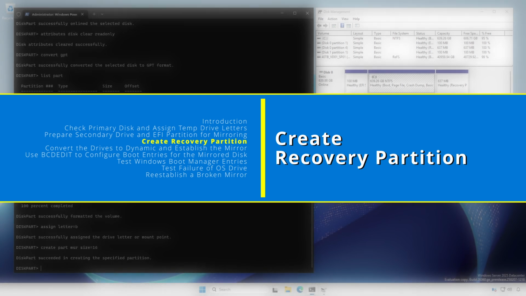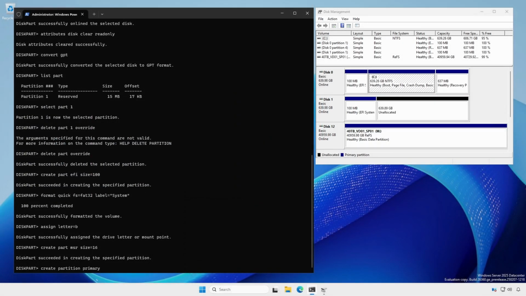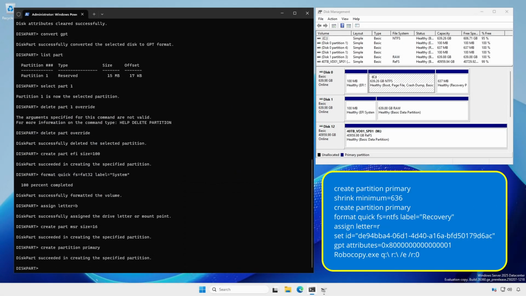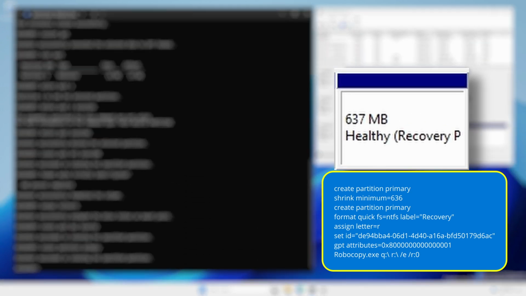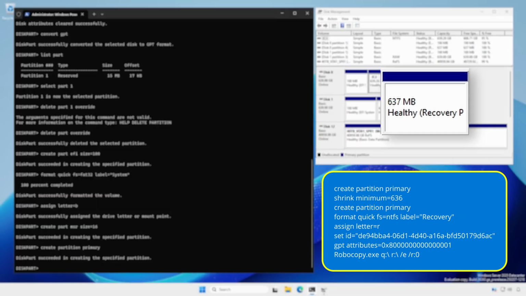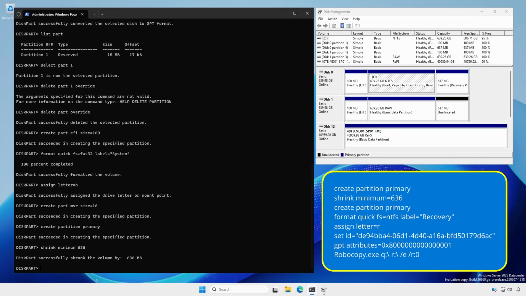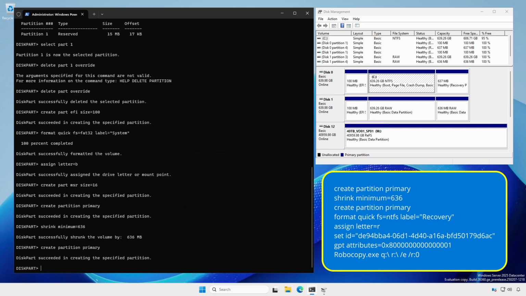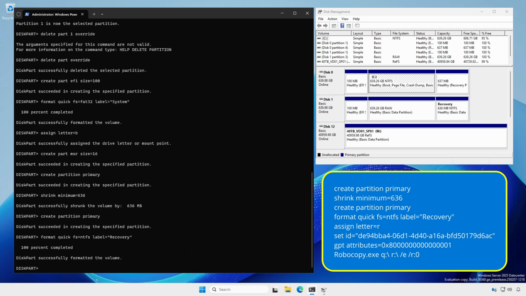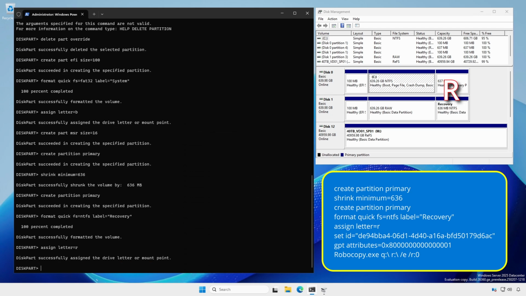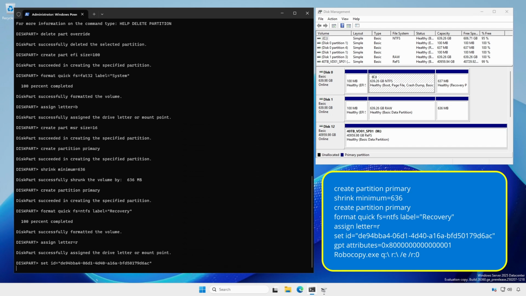Things get interesting here. Create a primary partition, but we'll have to remove it later. Now look at Disk Management and notice the size of the recovery partition on the primary OS drive. Shrink the new partition we created by the same amount, minus 1 megabyte. Create another primary partition. Format this partition as NTFS, assign the temp drive letter R, and set the partition ID